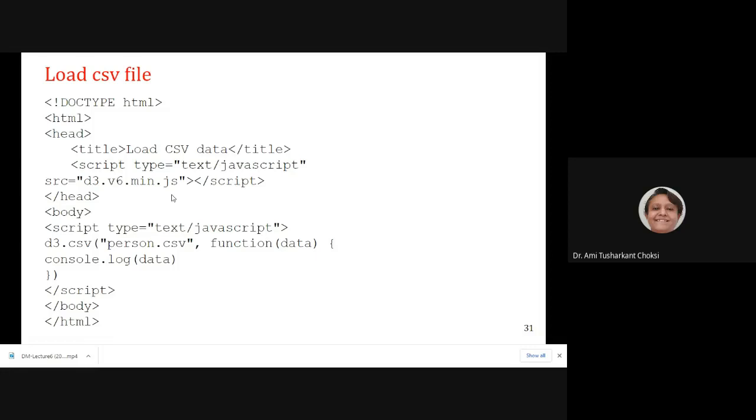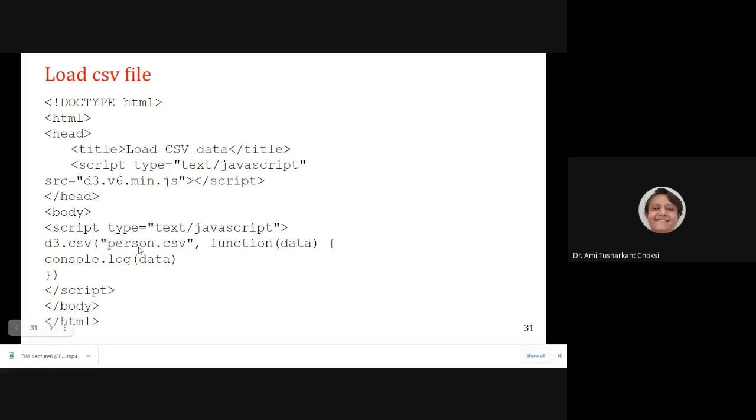It is not specified in our syllabus that we have to use only one version. So we can use v4 or v6, no issue for that. When you are writing your paper, you just have to mention whether you are writing in v4 or v6. So no issue for that. Now, this was for the source, that is our D3 file we are including here.